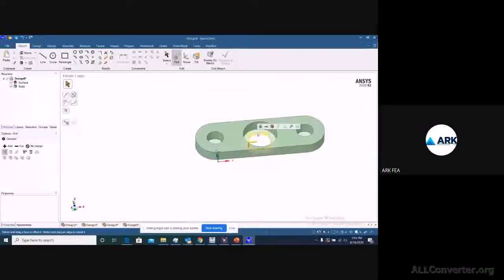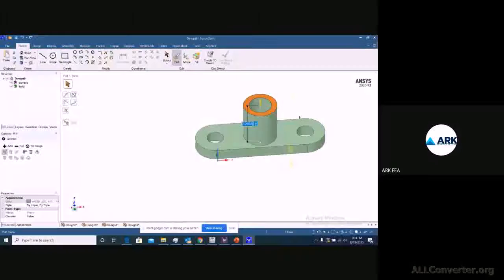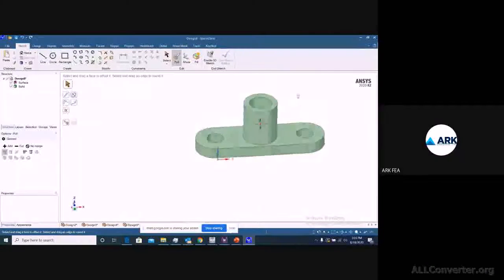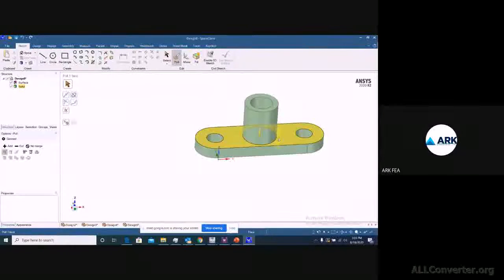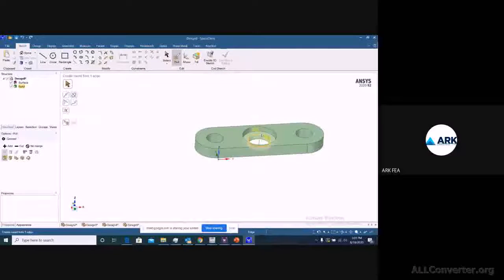Remove this part, select this internal part, and so 2.25, or you can make it 2 also. Anytime you can modify it.